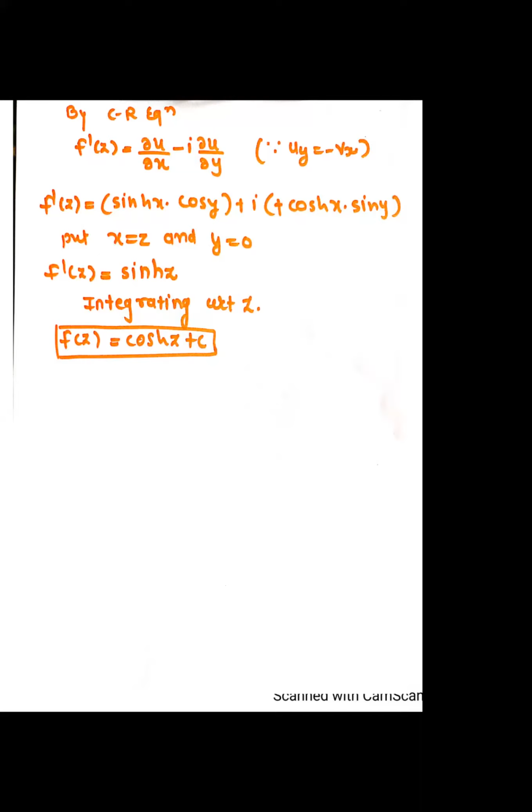And now integrating this term with respect to z. On integrating, integration of sinh z is cosh z plus the constant of integration. Again, for the integration, the same formula: sinh will be cosh, cosh will be sinh. There is again no plus minus while taking the integration. Okay, so this is the final answer: f of z equals cosh z plus c. So this is the theorem.